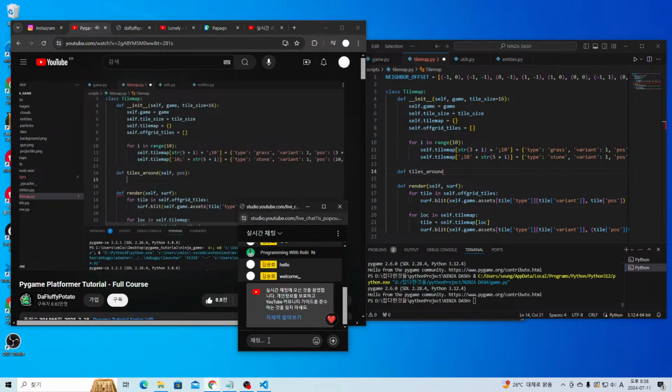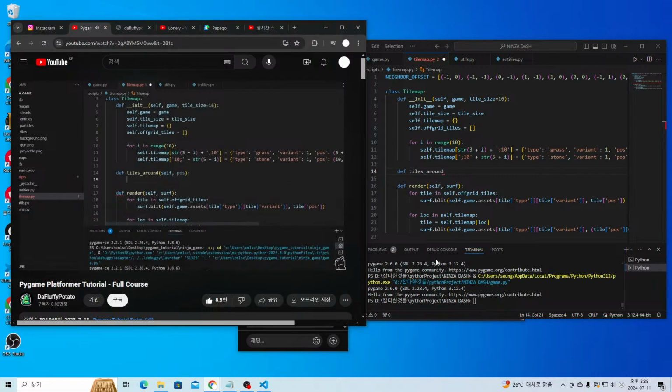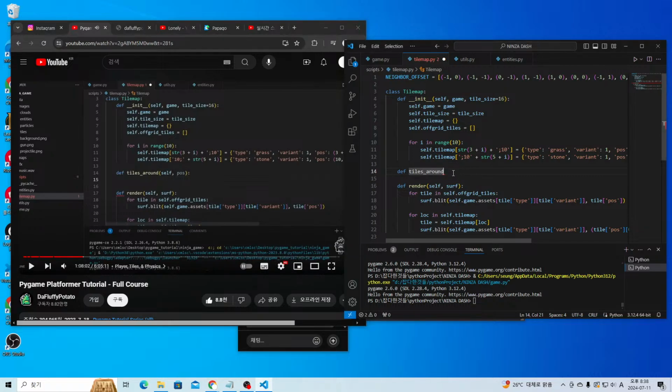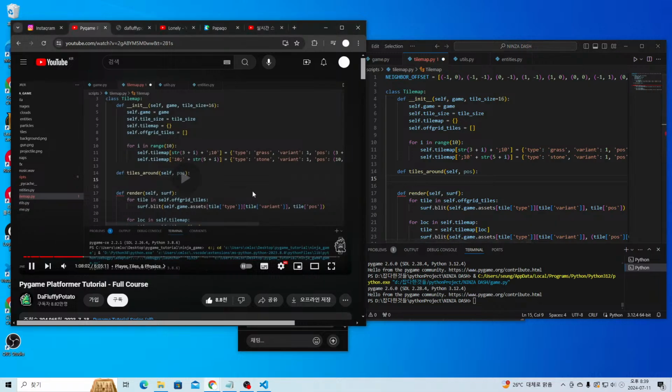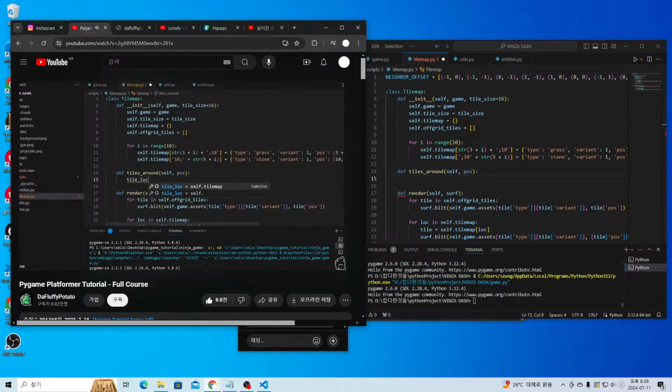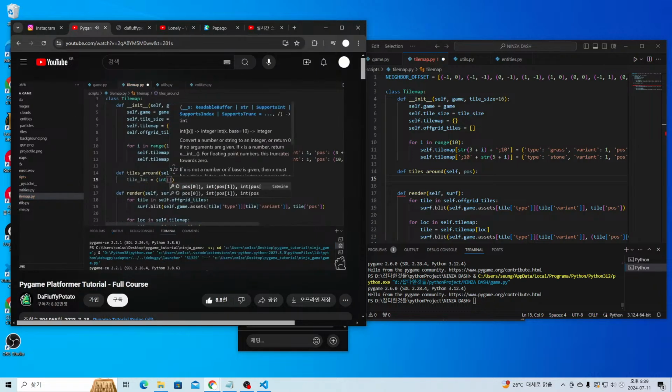So you pass in a pixel position. So remember, the grid tiles are not in pixels, so we'll have to do a bit of a trick here. We'll have to convert this pixel position into a grid position. To do that, we can do tile location equals int position